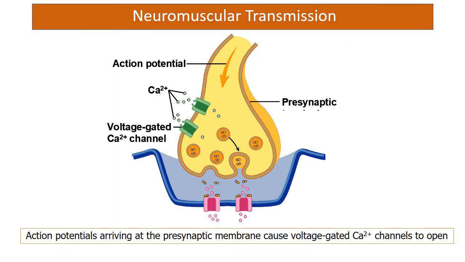After the anatomy of the neuromuscular junction, let's come to neuromuscular transmission. That is how the NMJ transmits impulses from nerve to muscle. First, a nerve impulse or action potential traveling in the nerve fiber or axon reaches the terminal button. Here you can see the voltage gated calcium channels present on the presynaptic membrane open, and calcium enters from the ECF into the terminal button.